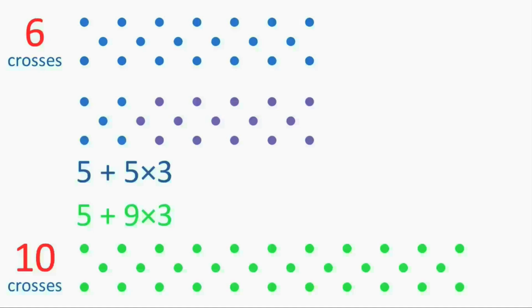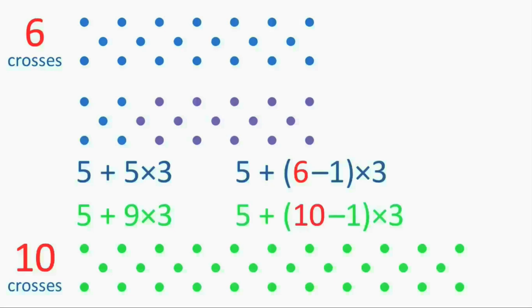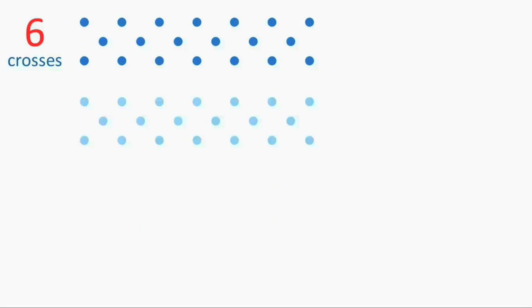The number of sets of 3 that we add to the initial 5 dots depends on the number of crosses in a chain. In fact, it's 1 less than the number of crosses. We can show this by rewriting our expressions like this. Let's return to our chain of 6 crosses. Here's another way of structuring the dots. We can think of the chain as a row of 6 dots, with a row of 7 dots above it,